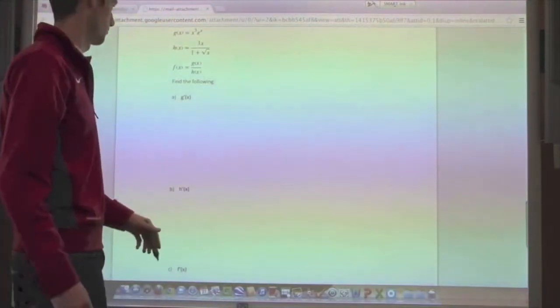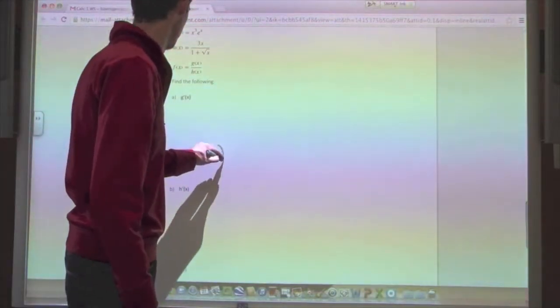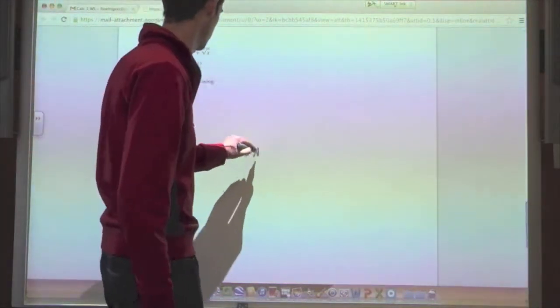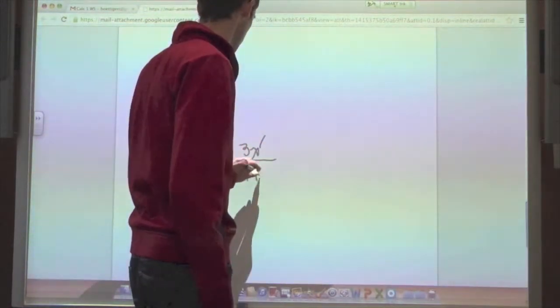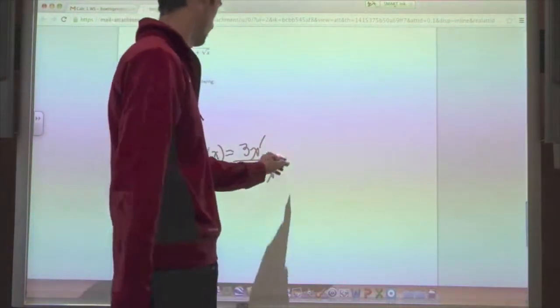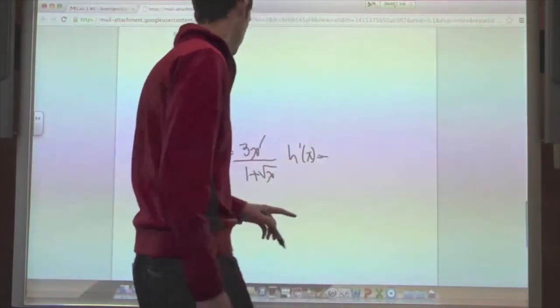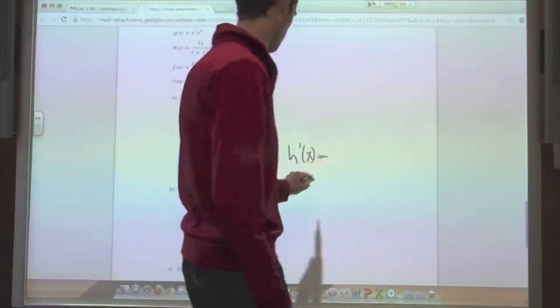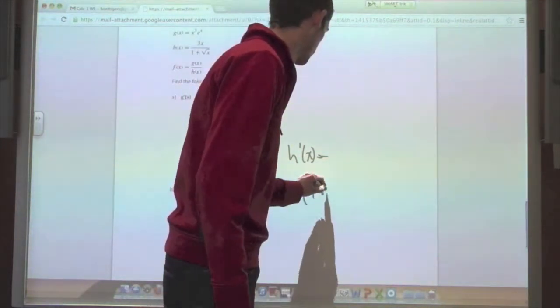Now we'll take a look at part B. So this is going to be the derivative of h of x, and h of x is just going to be 3x divided by 1 plus the square root of x. So you're going to want to use a quotient rule for this one. So h prime of x, we're going to say is going to be equal to, you take the derivative of the top, which is 3, times the bottom, 1 plus the square root of x,